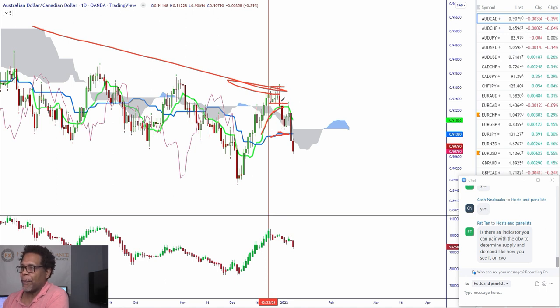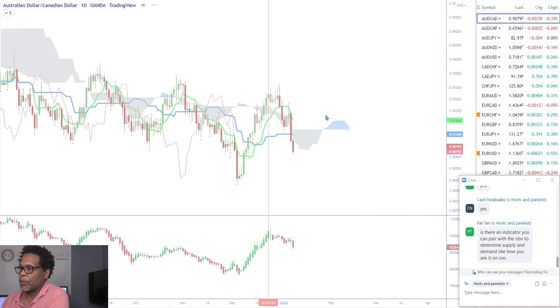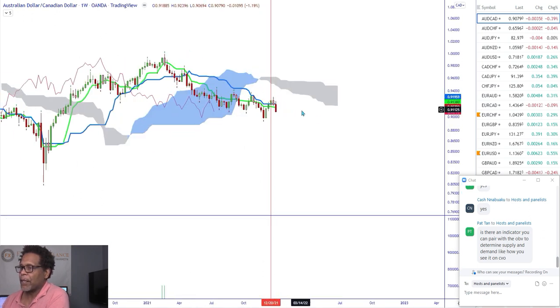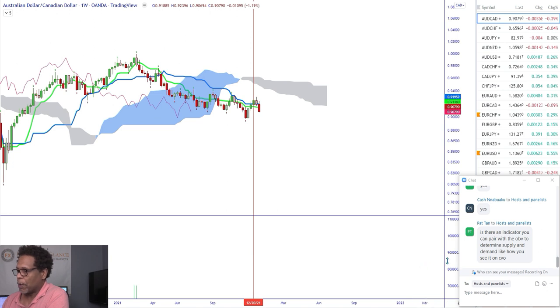And yes, I could have got back into the market. I could have put some trend lines here and traded. But I wanted to make sure we weren't getting a change of direction, and I'm still not sure yet. But when I go to the higher time frame, it's going to give me more validity on what's happening with this market. So that's what I'm about to do. I'm about to take you to the weekly time frame. Based on the weekly time frame, this is still very bearish. All right, and it's showing really well. Let me come up here.